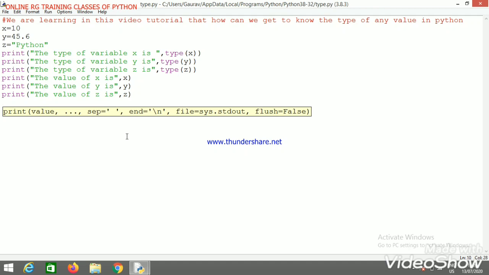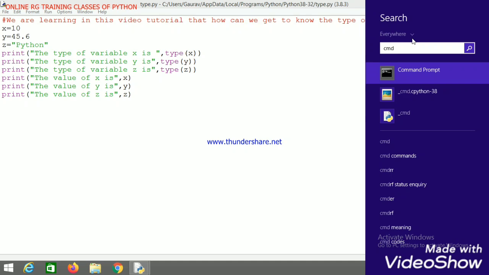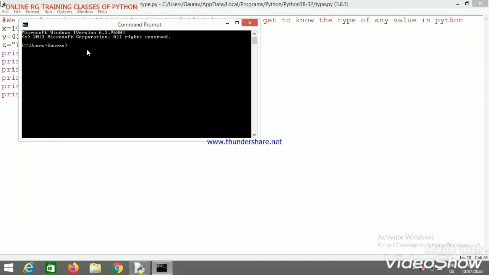But keep in mind that today we are running this program from the command prompt. We are not simply pressing F5. To move to the command prompt, we will search here for cmd. This is our command prompt.